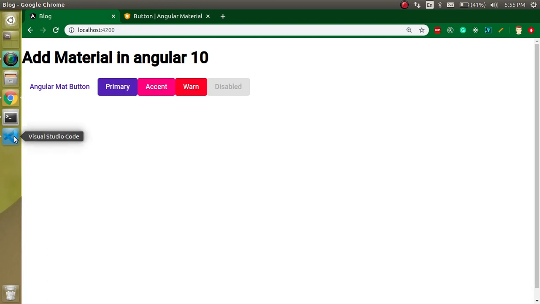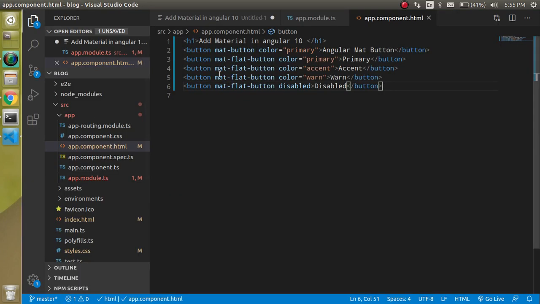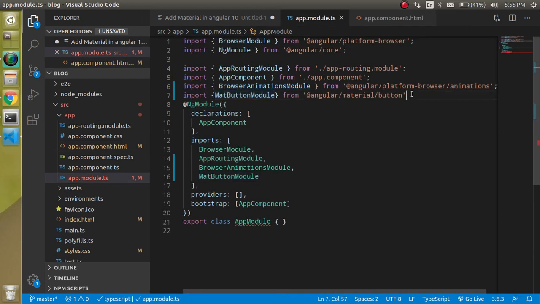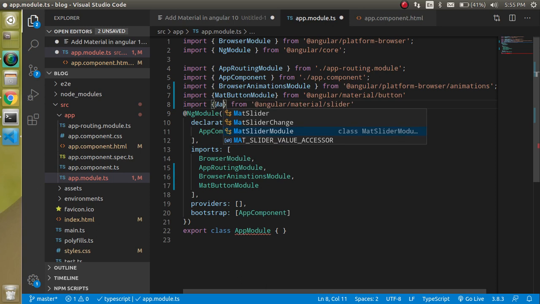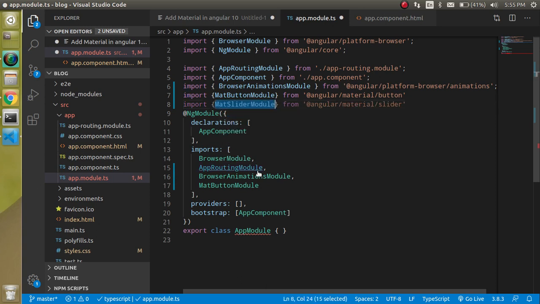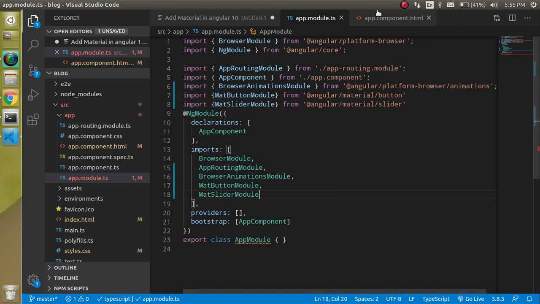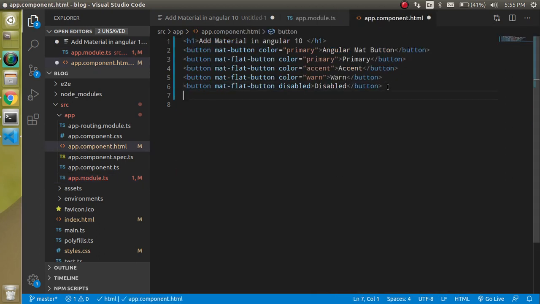Great. So let's check out another example. Let's say we want to use a slider, then we can import the slider. First of all, import something from @angular/material/slider, and just find here MatSliderModule and register it like this. And now come back to the app component, and right here, slider, right? That's my bad. This is the mat-slider, right?